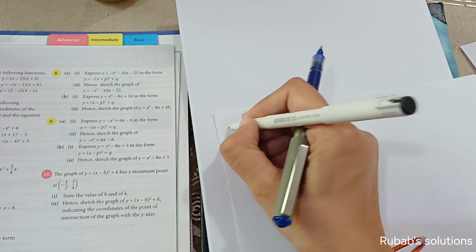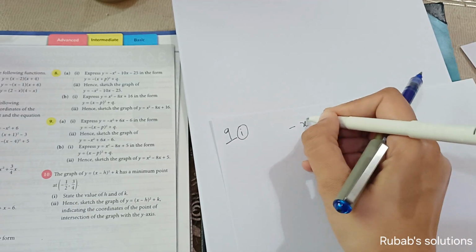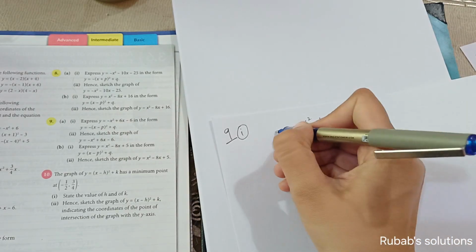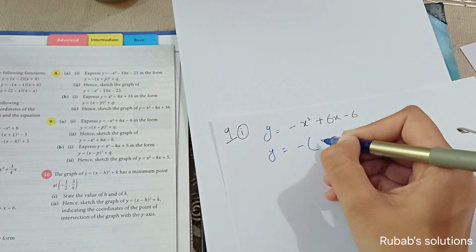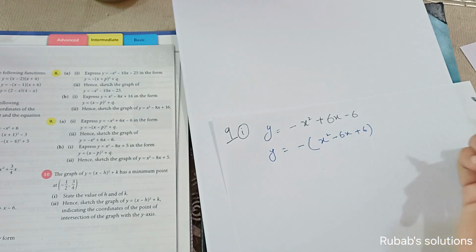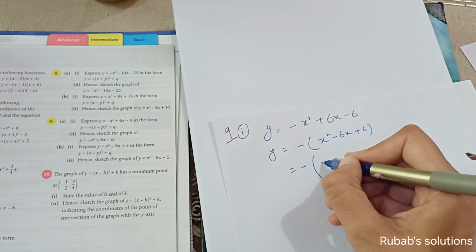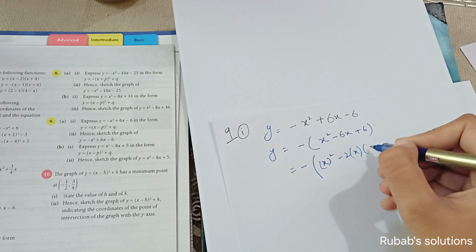So moving toward next question, that is question number 9, and finally this is the last question of this exercise, and the video is getting longer and longer, but I want to finish this exercise today. Okay, first of all I have to take y minus common, so it will become x square minus 6x plus 6, this is okay, completing square, it will be a square minus 2ab, a is x, b is obviously 3